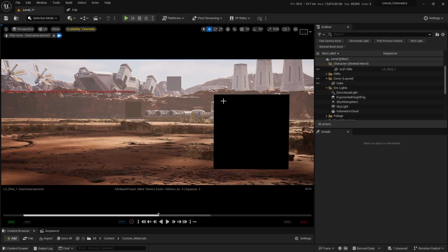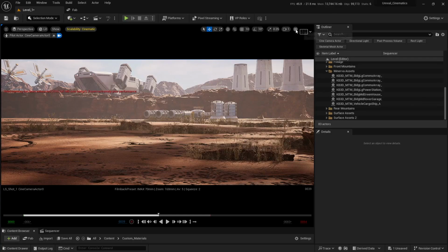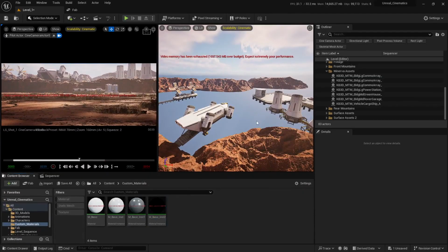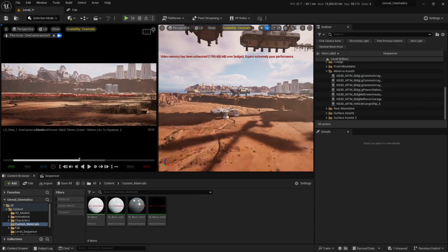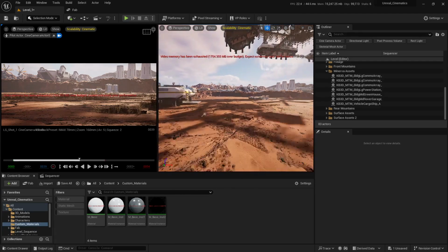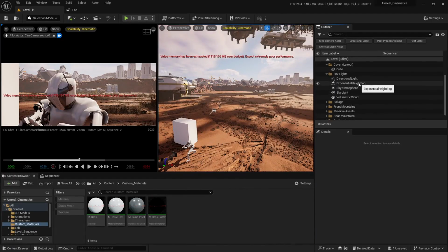I'm going to now just select these three planes and delete them. And I'm going to now split this window. And let's now discuss a few exponential height fog settings. Let me bring my view just about there, and I'm going to press Ctrl H to unhide everything. I'm going to select exponential height fog,